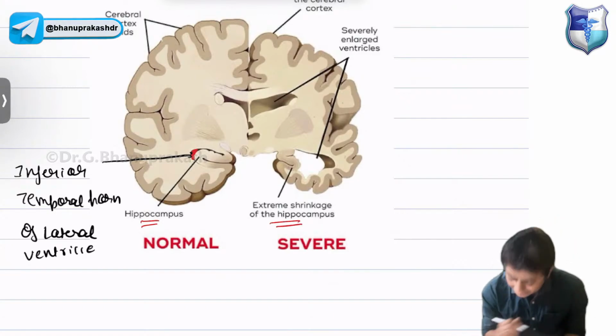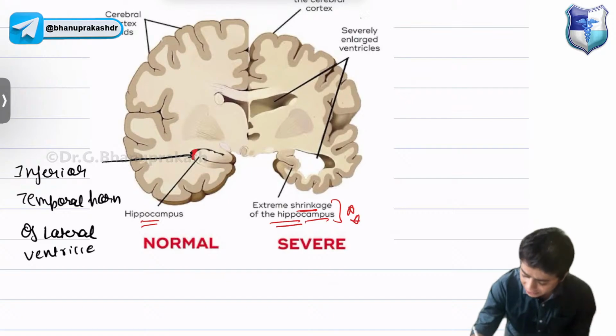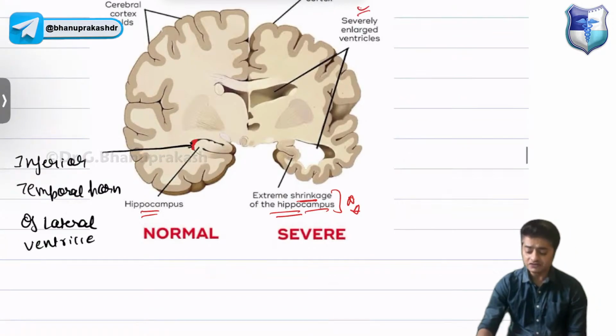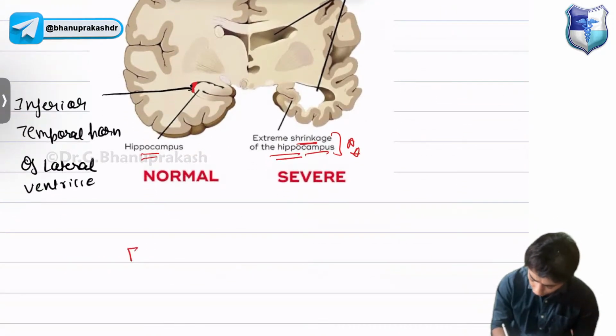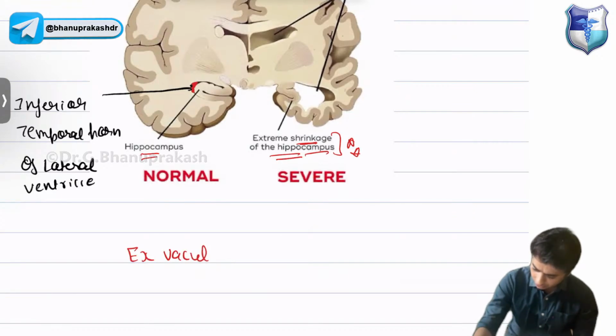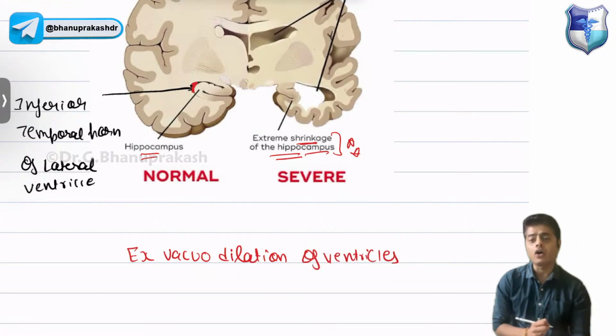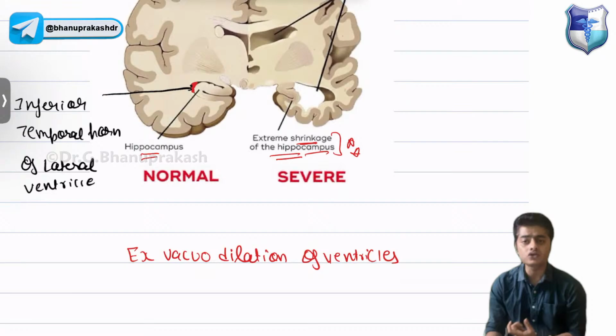So here in an Alzheimer's disease patient, when there is extreme shrinkage of hippocampus, you can see enlarged ventricle, and this phenomenon is called ex vacuo dilatation of ventricle, or we can say that it is a pseudo dilation